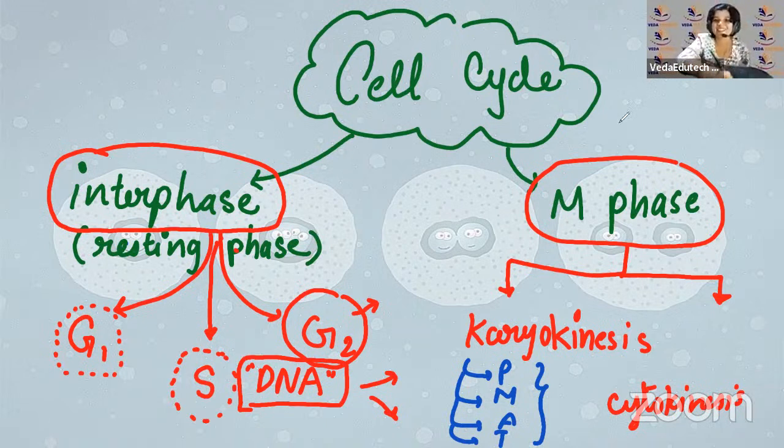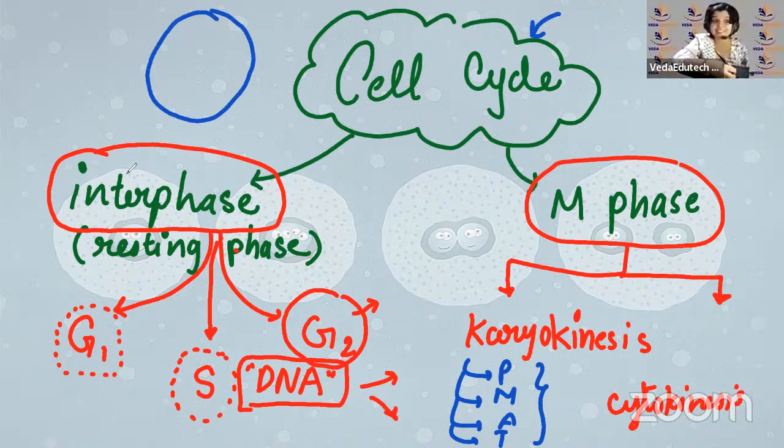Okay. So cell cycle, we were studying cell cycle. We were talking about a cell that has decided to make babies. In order to make babies, it first had to undergo interphase and G1 of interphase, right? Let's do a very quick revision of what the cell did when it entered G1.